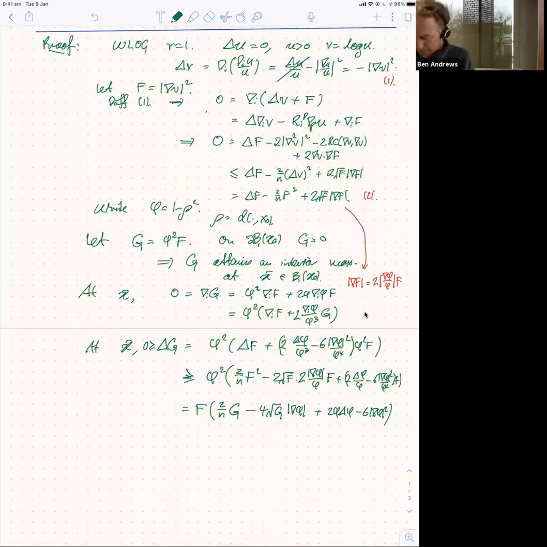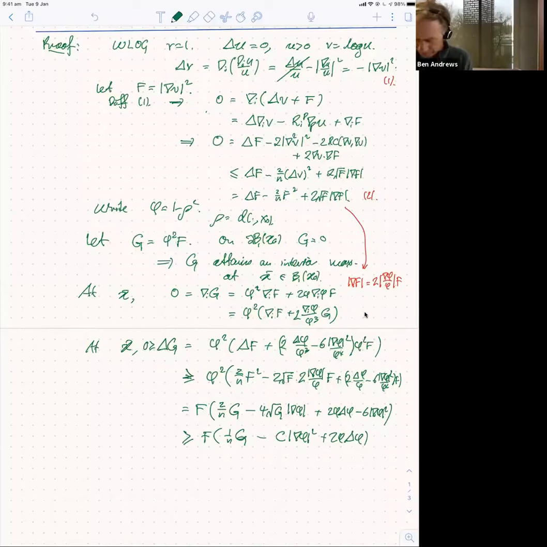Okay, so let's see. Now I can write that as greater than or equal to, let's say, if I just use Cauchy-Schwarz on that second term there, I can still have a 1 over ng, say, at the expense of some constant times gradient phi squared. Okay, and then I still have this 2 phi Laplace phi. Okay, well, so now we need to check